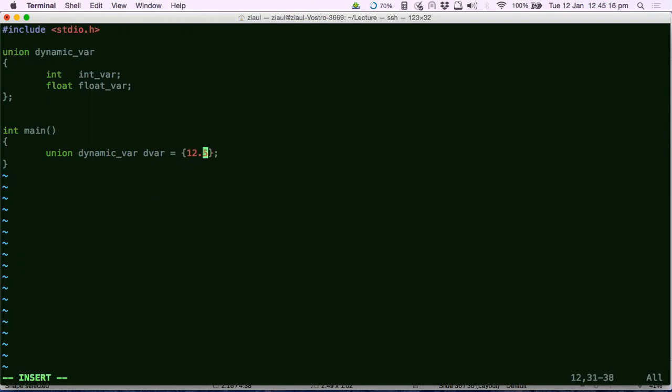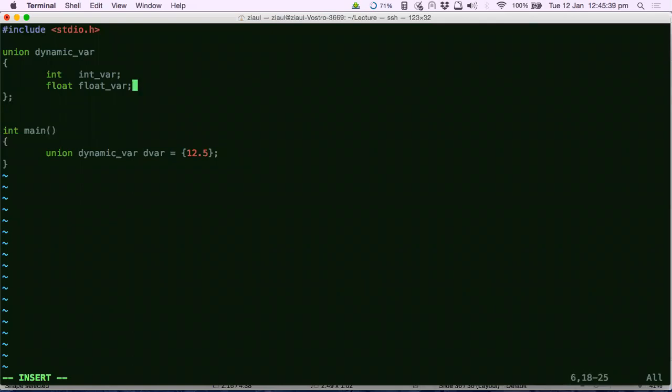Right? So I will come to this now. First, the ground rule is you can only store one type of data in a union, only one. You cannot store more than one type of values in a union. It's just like a variable. It's like one area where you can store different types of value, but only one value at a time.